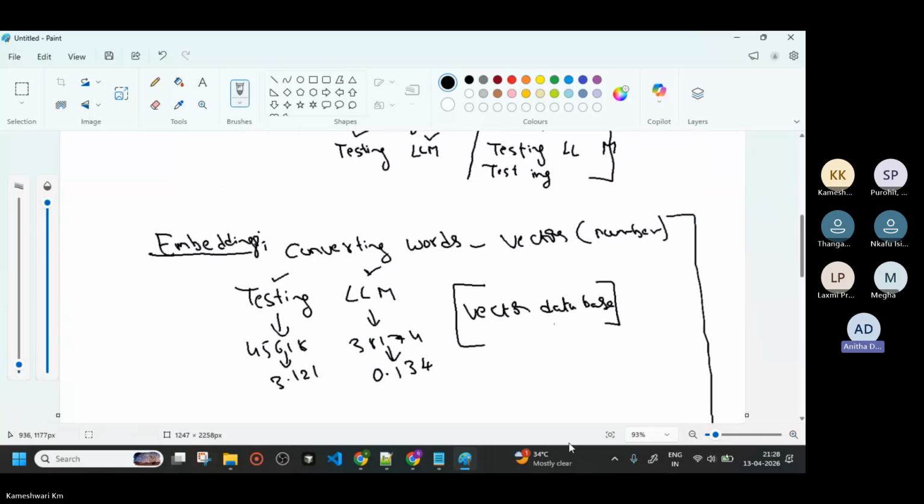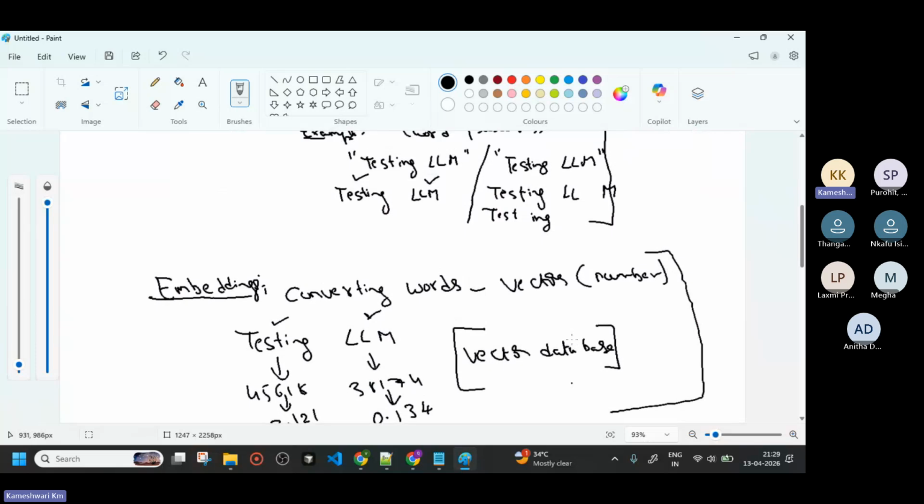Like, how do we store it? Is it a relational database system or NoSQL or SQL? How do we extract this database? We are not going to extract anything, but while you are ingesting the data, it comes into the RAG normally. In RAG, you will get a clearer idea.